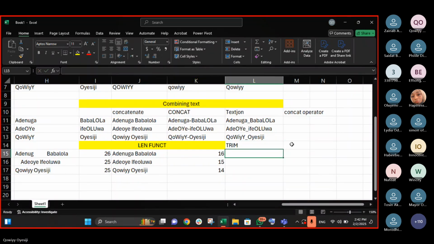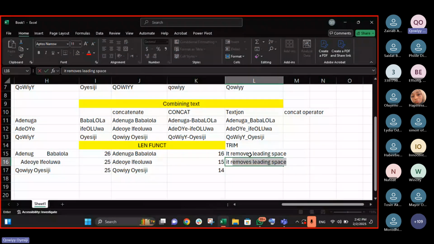One, it removes leading spaces. Two, it reduces the spaces between two words to just one.